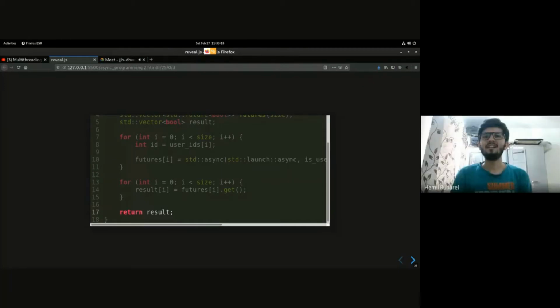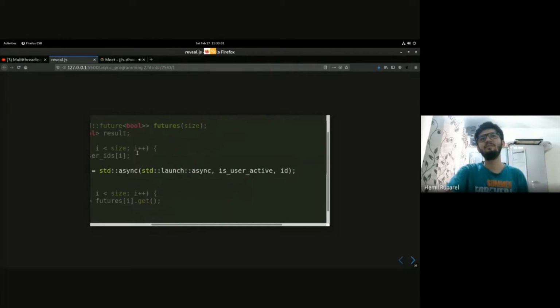We get back to when to use asynchronous programming. I have those slides, but in general, std::async is a very lightweight wrapper around std::thread. And the problem with std::async, in my opinion, is that by default, if you don't give the std::launch::async parameter, then the function might be executed on the same thread that you called std::async on.